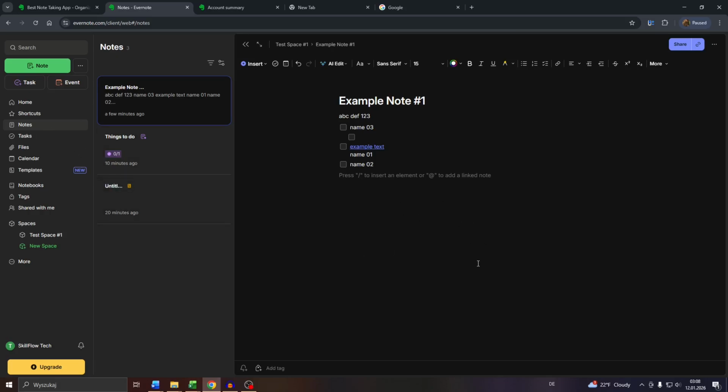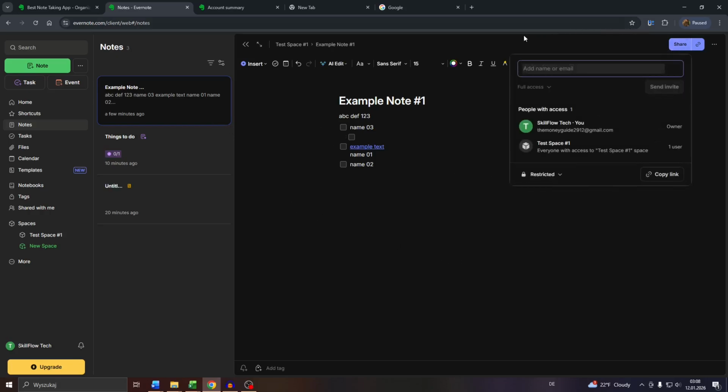Navigate to your account on Evernote. Navigate also to the note, click into share in the top right, and simply make sure that here from the drop-down menu you select restricted access, so that only people you specifically invite have access to the given note